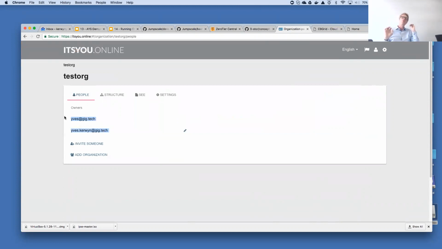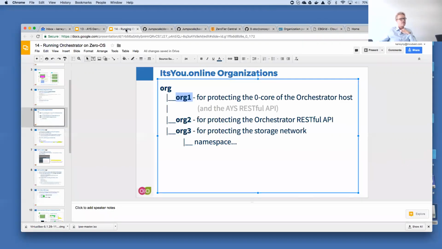And later on, when we will interact with that host through the client, you will need to authenticate. And you authenticate through a JWT, a JSON Web Token, that typically needs to prove that you are a member of that organization. I'll come back on how you get such a JWT, but it's already important to do this.